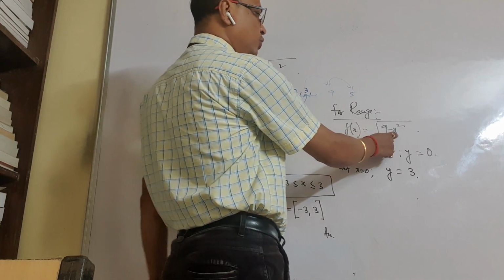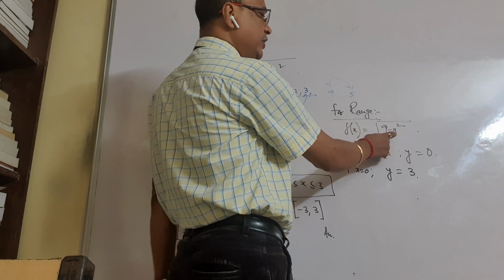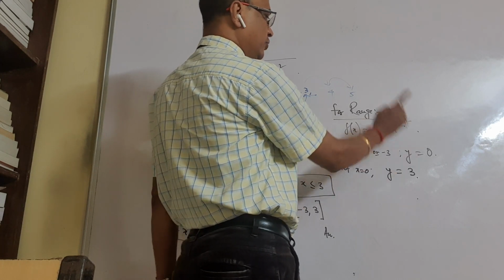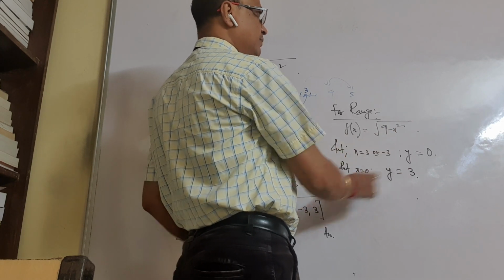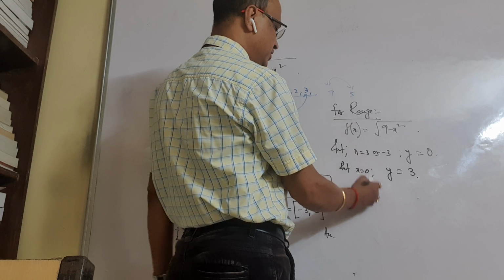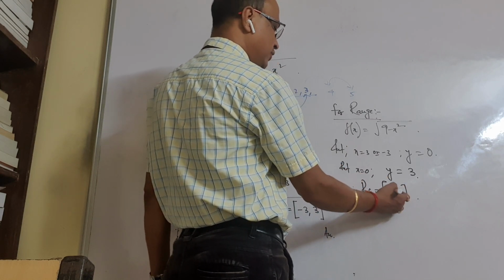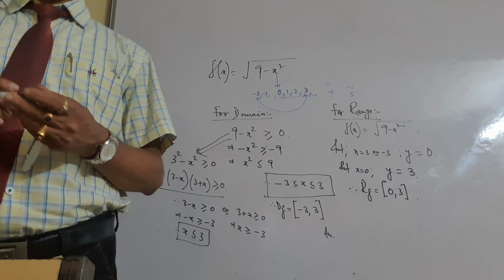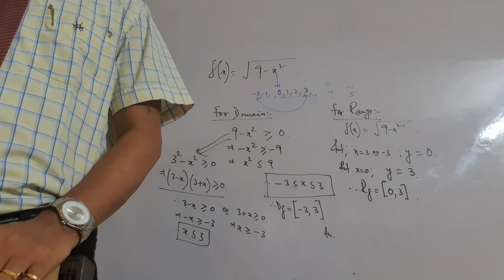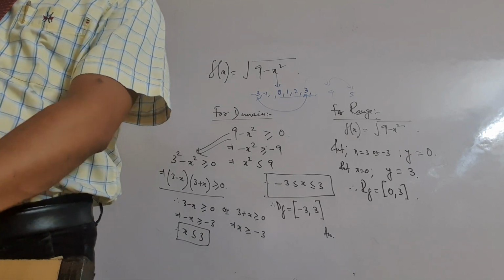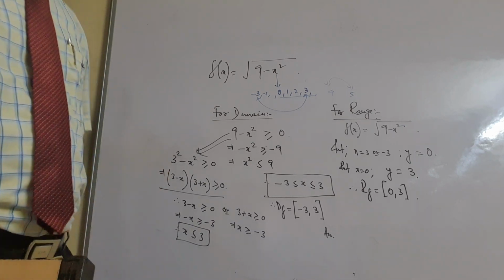If suppose you are putting here 2, then 9 minus 2 square, root 5. Root 5 means 2 point something. If you are putting 3, then it is 9 minus 9, so 0 will come. If you put 0, then 9 minus 0 means root 9 means 3 will come, a positive value. So that means what is the range of this function? The range of this function will be 0 to 3 under the closed interval. The minimum value will be 0, the maximum will be 3. So this is how we calculate the range for this type of function. It totally depends on the sum, what type of sum we have, and accordingly we have to proceed. Now based on this, you do 2 questions.